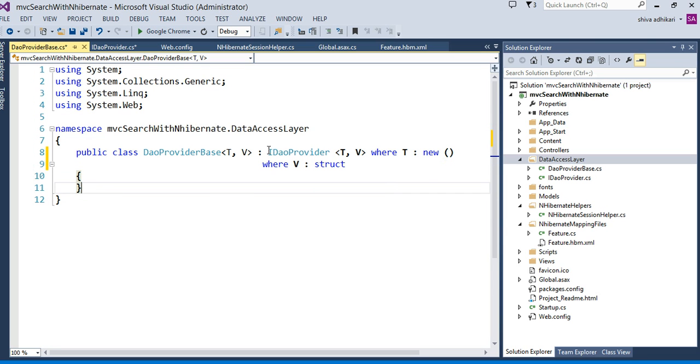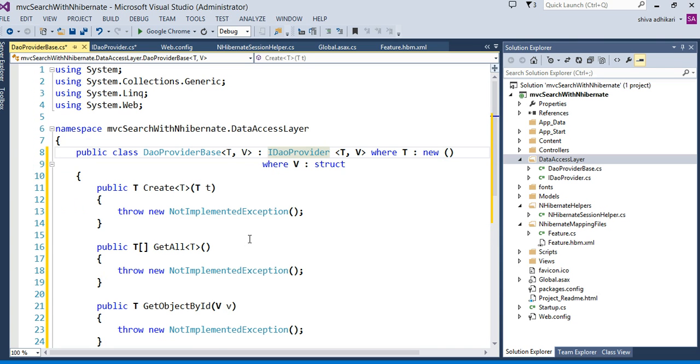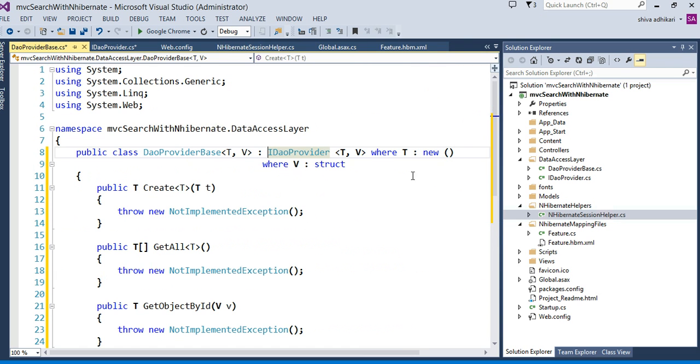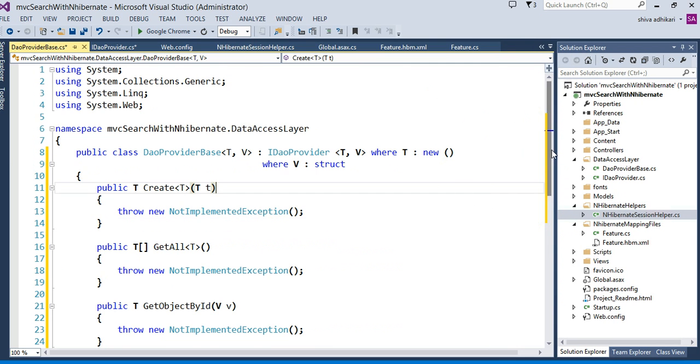And then of course I have to implement all of them. That is all good. So basically this is my basic one. The way I'm going to do this is that basic CRUD operations will be implemented here, and this can be abstract, by the way. It's an abstract base class, and if any object needs any specific type of method, they will use their own method. They will have their own interface and implementation class. In basic CRUD operation,